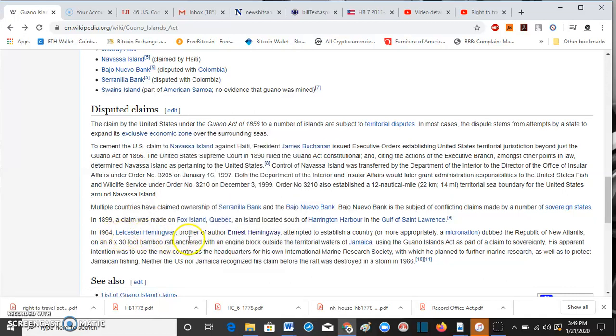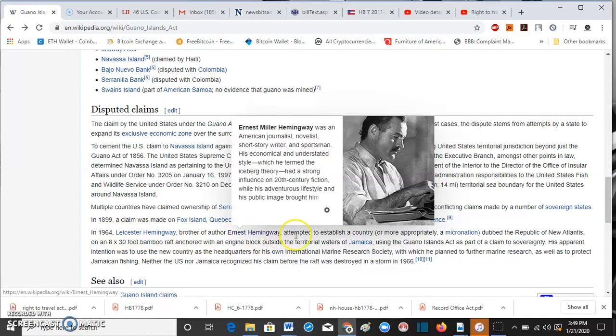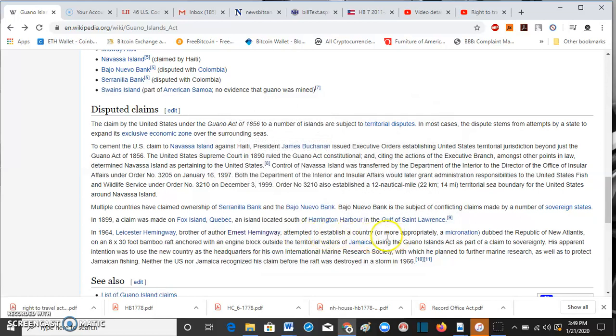In 1964, Lester Hemingway, brother of author Ernest Hemingway, attempted to establish a country, or more appropriately, a micronation, dubbed the Republic of New Atlantis, on an 8 by 30-foot bamboo raft anchored with an engine block outside the territorial waters of Jamaica, using the Guano Islands Act as part of a claim to sovereignty. His apparent intention was to use the new country as headquarters for his own international